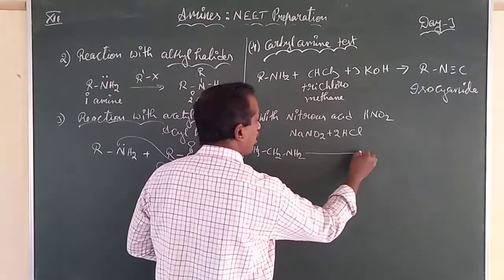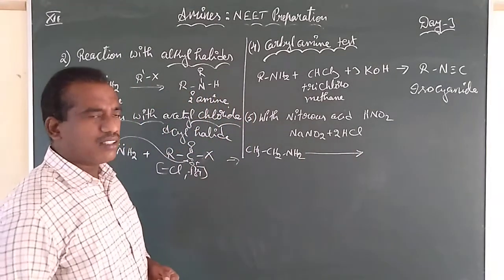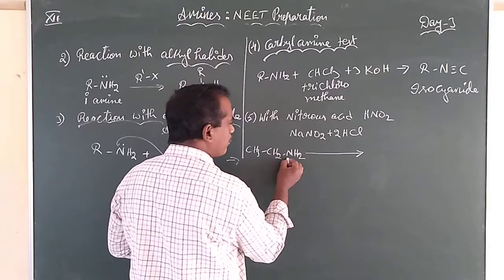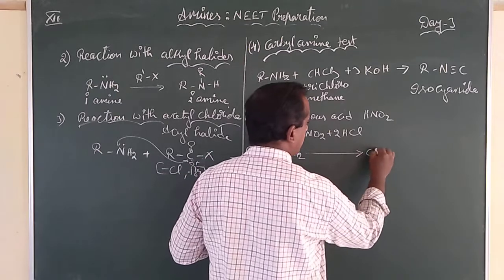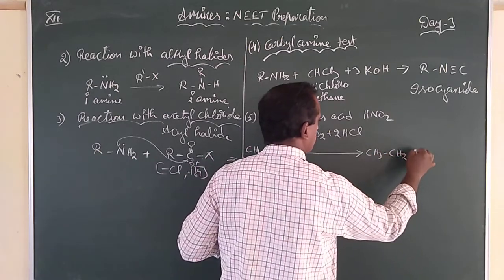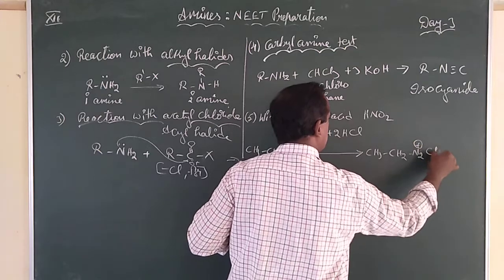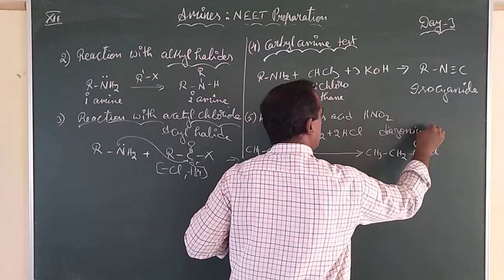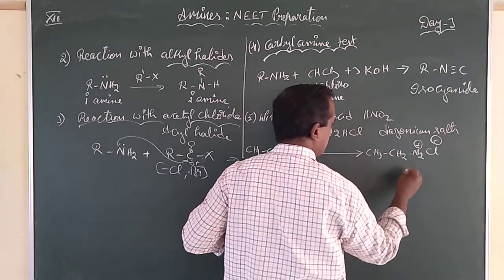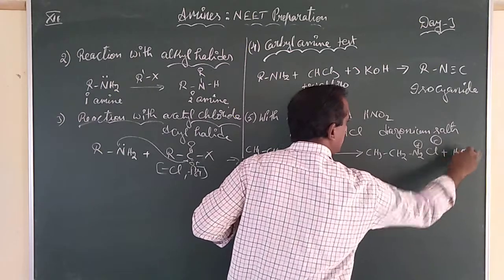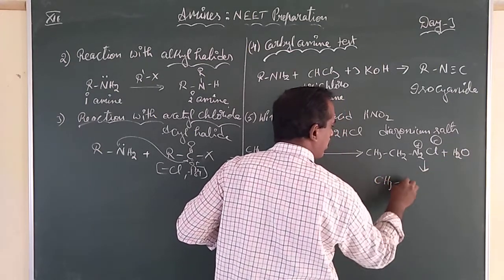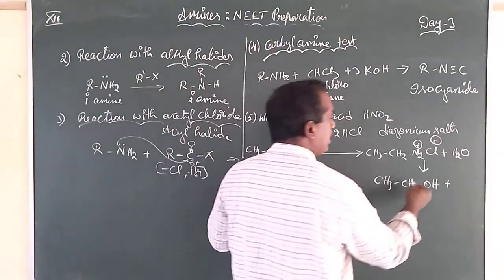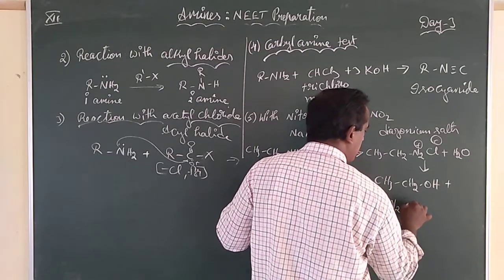Once we react it with this mixture of sodium nitrite and hydrochloric acid, you can find an intermediate that will be formed here, CH3CH2N2+ Cl−. These are the intermediate compounds called diazonium salts. On hydrolysis of these diazonium salts, the major product formed here is ethanol, and nitrogen gas is evolved. Along with that,